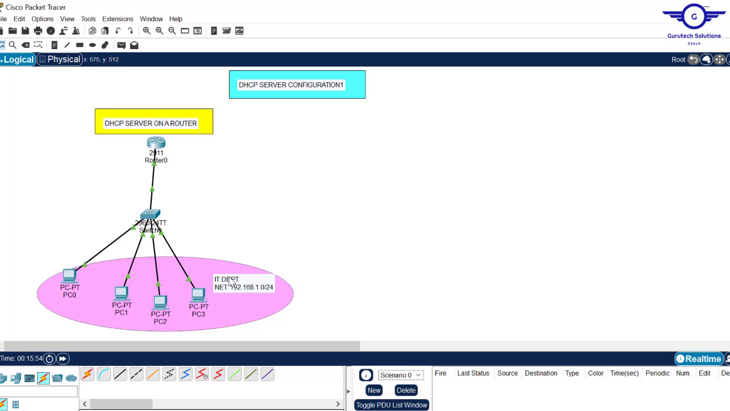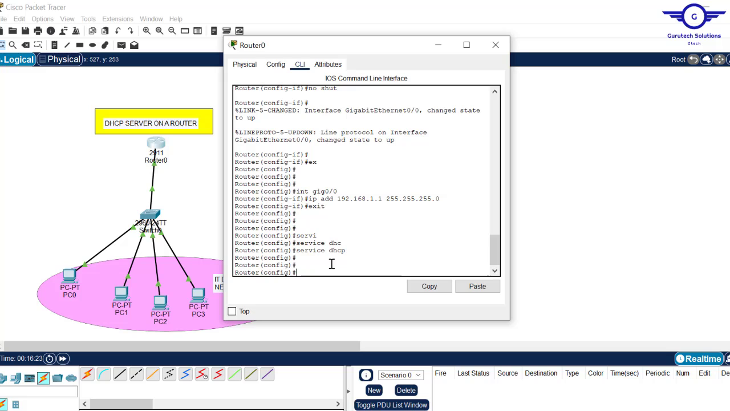We want to configure for the IT department, so we create what is called a pool. A pool consists of a group of things, a group of items. So you configure a pool that is called IT. Inside the IT pool will be the IP addresses that will be allocated to IT department devices. So we create what is called a DHCP pool for